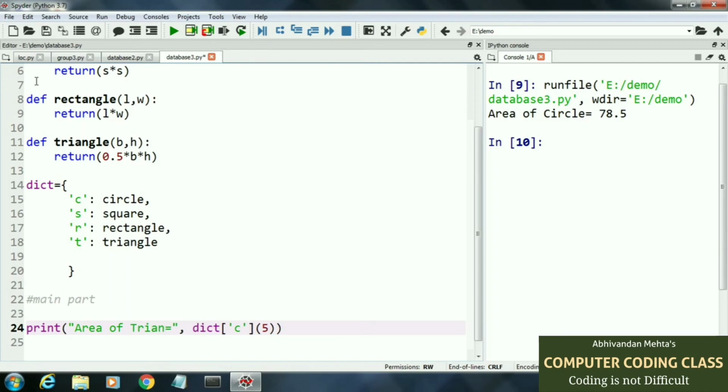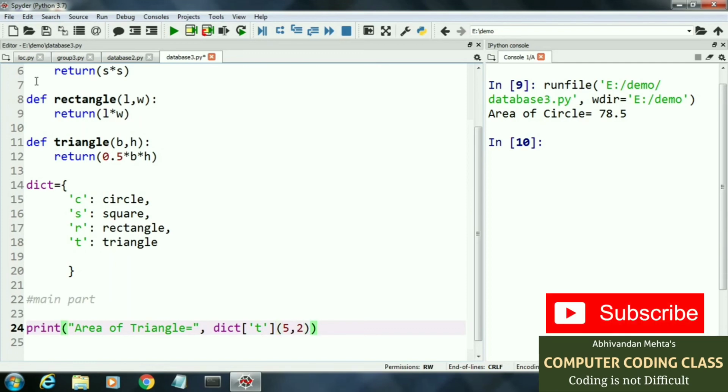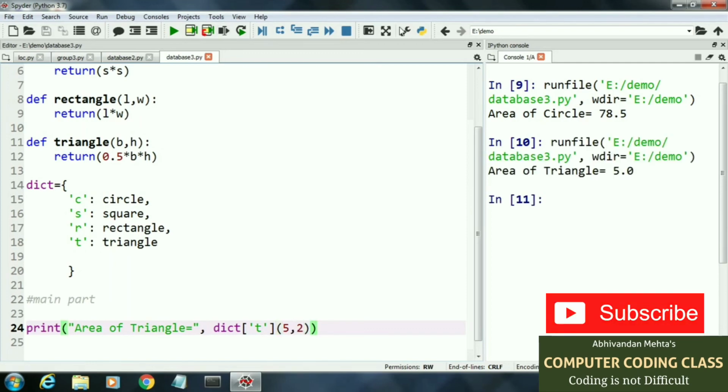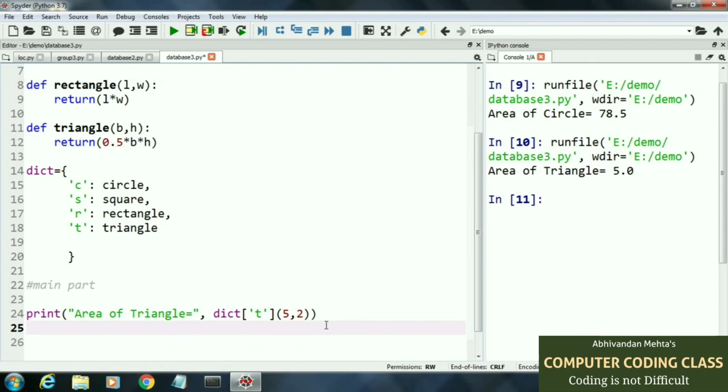Now for calculating the area of the triangle, we will pass two parameters, breadth and height. Here breadth is 5 and height is 2 and this is the area of the triangle, 5. In this way you can calculate the area of the rectangle, square